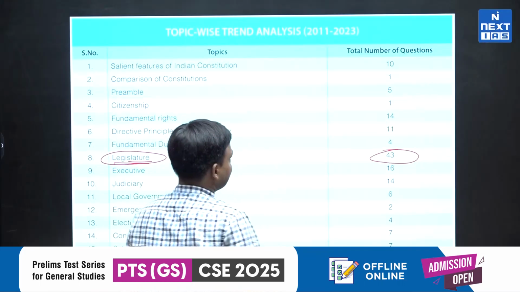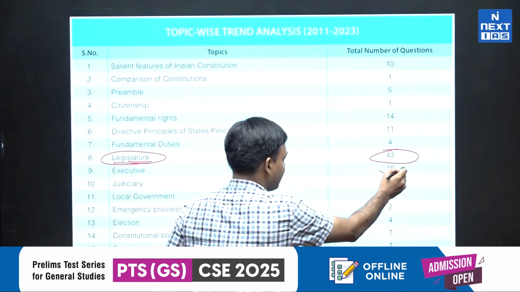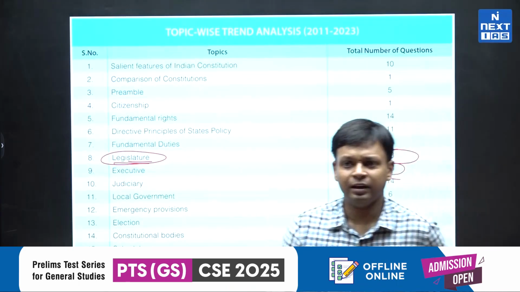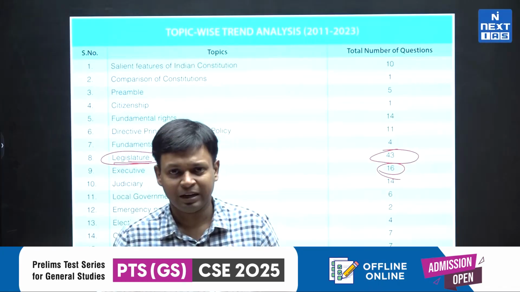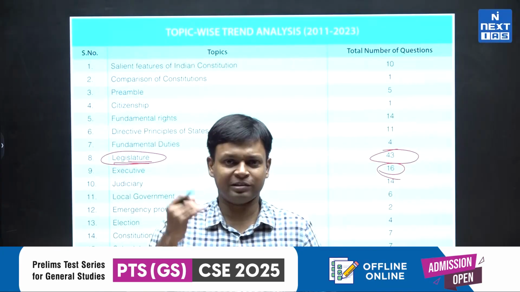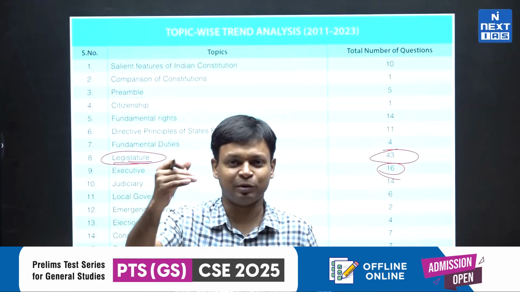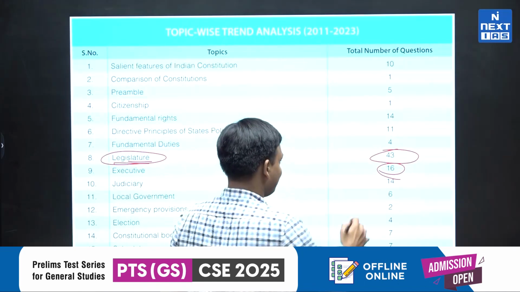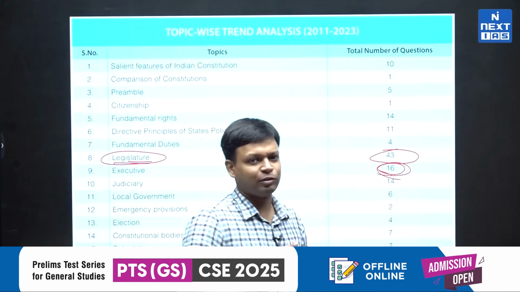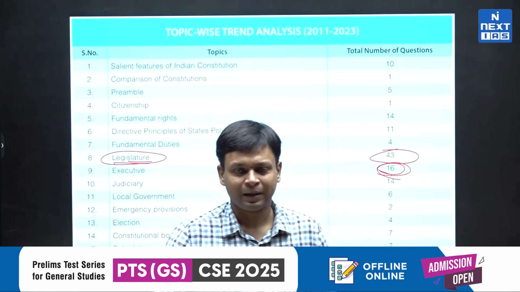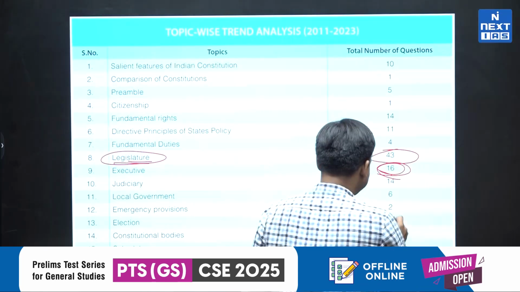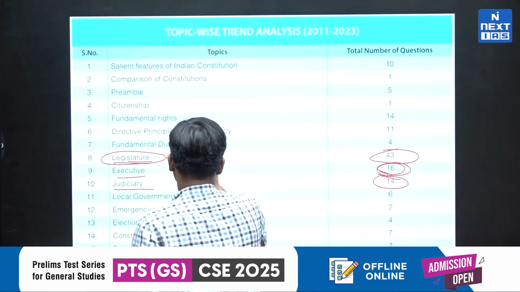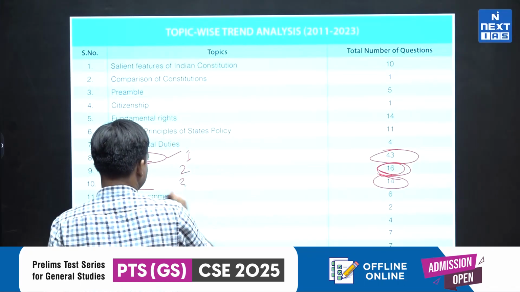When we look at other subjects, other topics which are very important, executive. So we know that in polity, we have 3 important wings of the state: legislature, executive and judiciary. Legislature is making the laws. UPSC is giving them the maximum importance. Executive is implementing the law. It is getting the second most priority. You are getting many questions from executive also, but not as comparative to the legislature. And then of course the judiciary. So ये बहुत clearly visible है. Maximum questions from legislature, then you are having questions from executive, then judiciary.